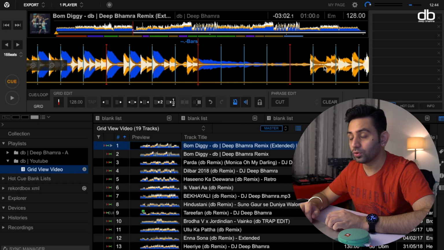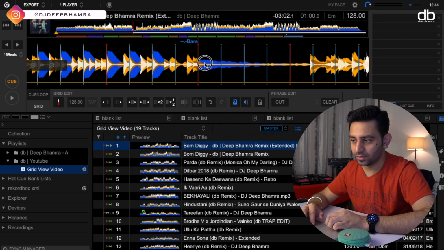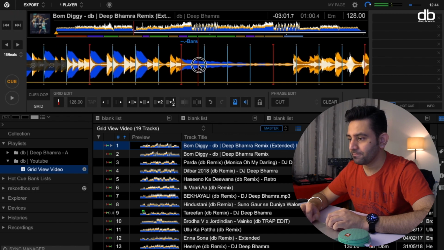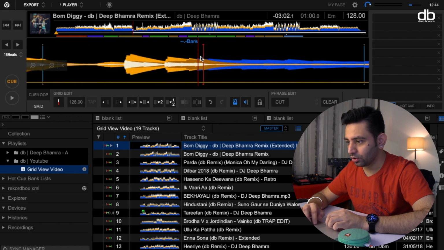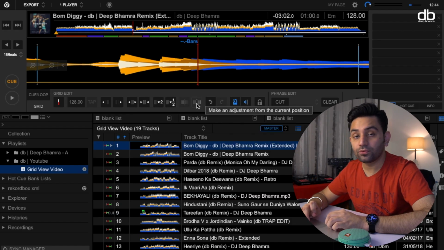After that, you already know that this is going to change to 105. So what you do is right at the breakdown somewhere over here, you go to that section, move the track on the bar, and then you have to click on this option here which says make adjustment from the current position, not anything else.